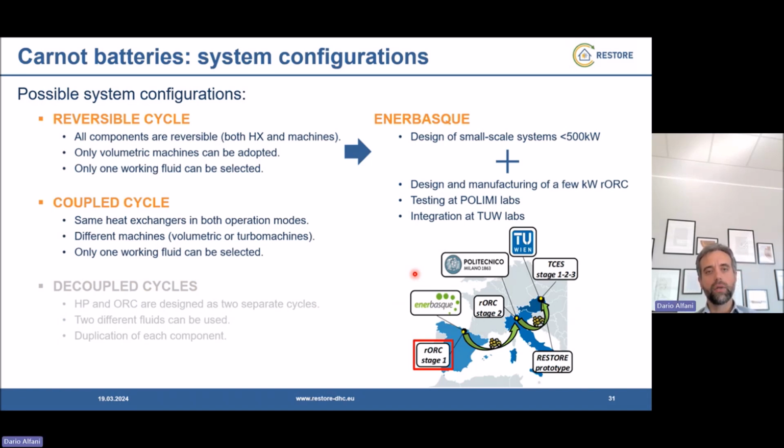In conclusion, Restore System will focus on reversible cycles and coupled cycles. Regarding the fully reversible cycle, this task will be handled by Enerbasque in Spain. They are a manufacturer of small-scale organic Rankine cycle, and they will focus on the design of small-scale systems below 500 kilowatt from a numerical point of view, but they are also going to design and manufacture a 5-10 kilowatt reversible organic Rankine cycle that is now under construction in Spain, in Enerbasque facilities, and then it